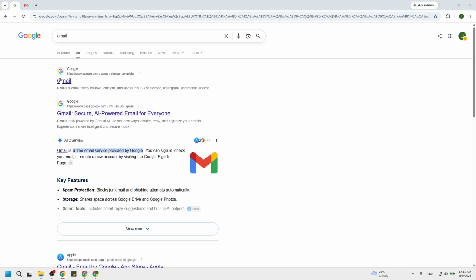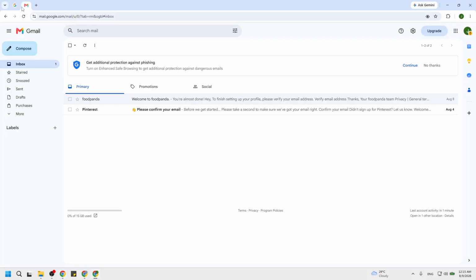Next, log in if you are not already logged in. On the sign-in page, enter your Gmail address, then continue to the password field and type your password. After you sign in, Gmail will load your inbox. You should see your emails in the center, with folders and labels down the left side, and the search bar across the top. If you see those, you are in the right place.